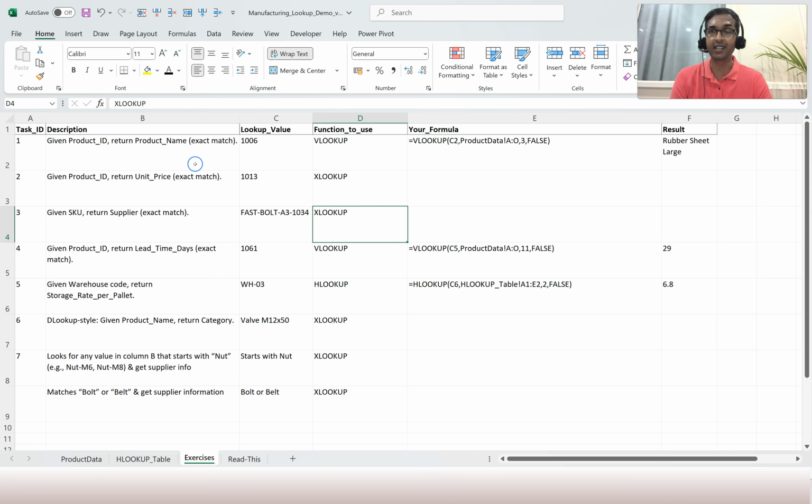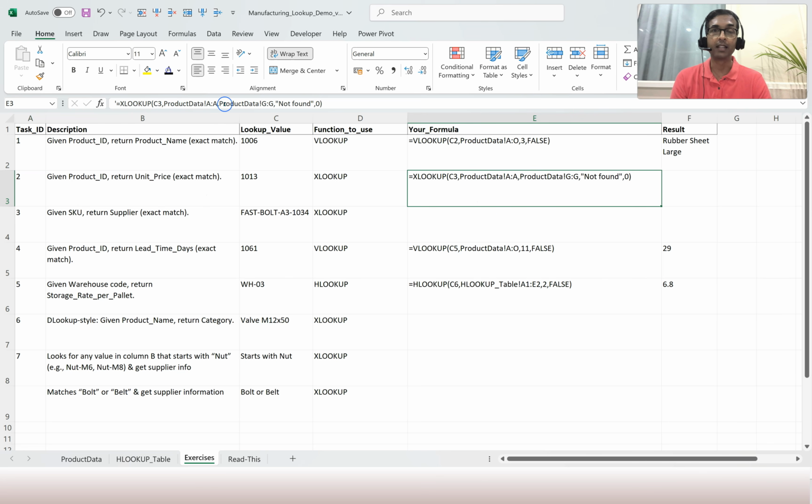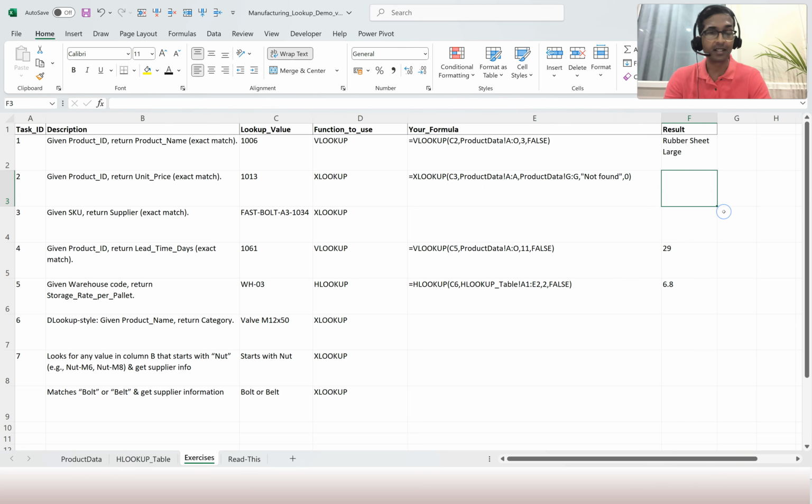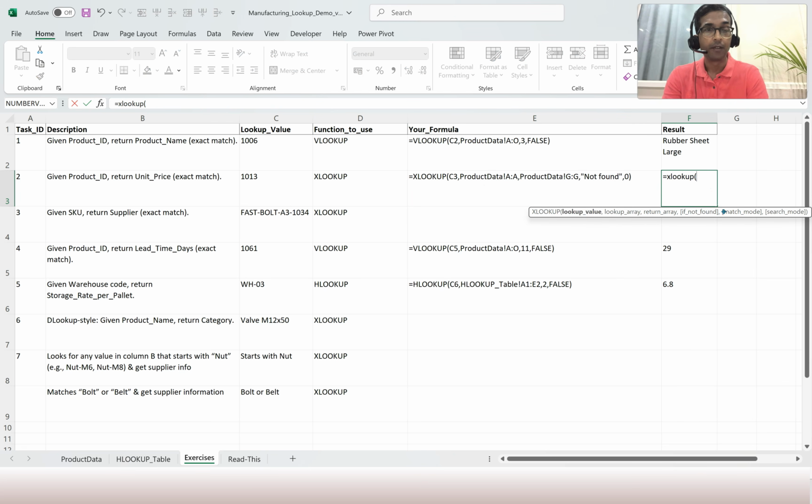So let's do one exercise. Let's start with the task ID 2. I'll just reveal the formula. So as you can see here in the XLOOKUP syntax, I'll just put the XLOOKUP here. When you have a lookup value, which in this case, the task is for the given product ID, I need to return the unit price as an exact match is what I need. So first pick up the lookup value, which is 1013, which is nothing but the product ID. Comma,